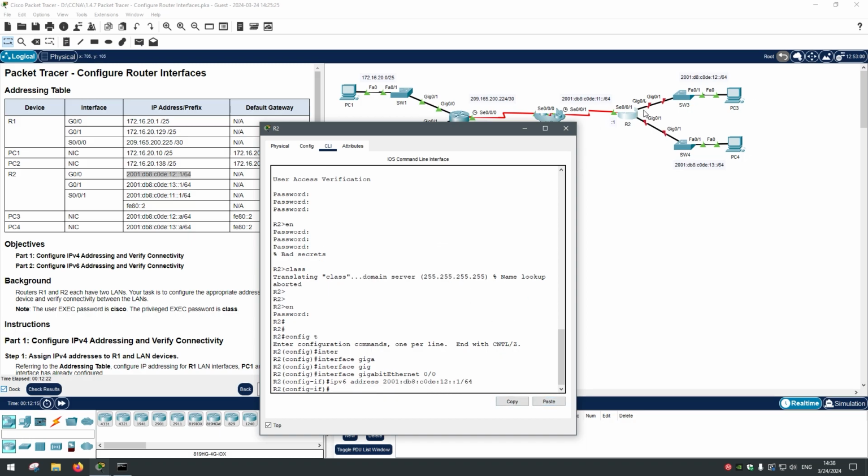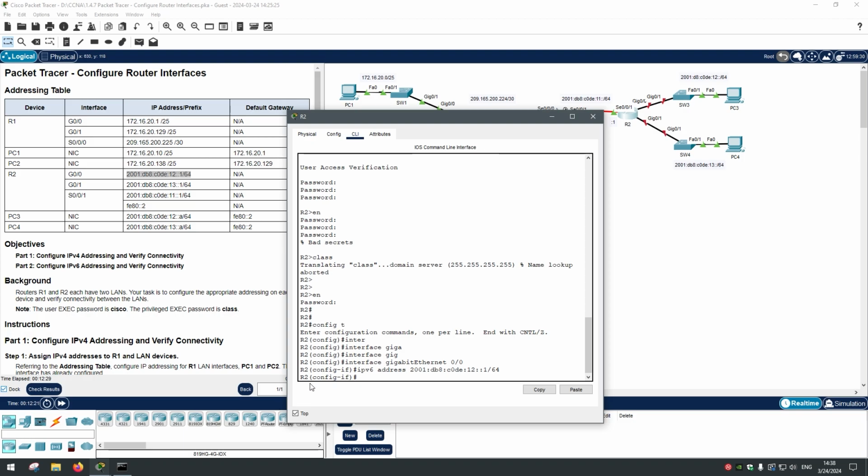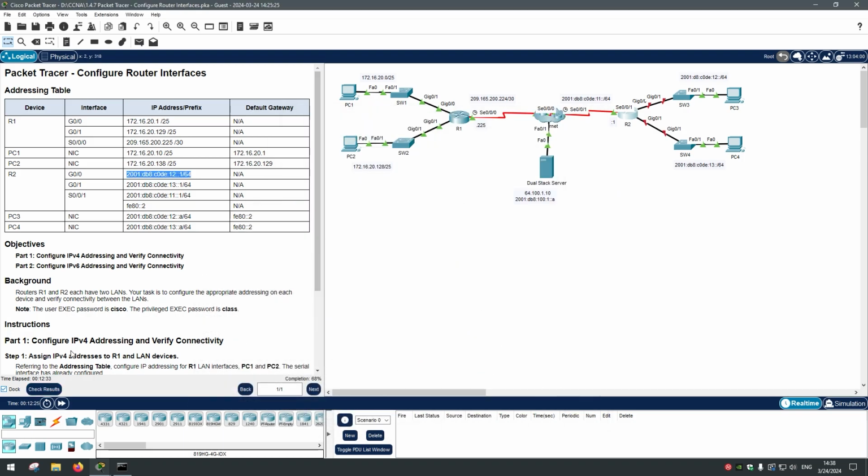And the same thing, don't forget to enable the port by writing no shutdown. But before doing that, I want to show you something else. See here on the bottom left, it says check results, okay? So if I click on it,